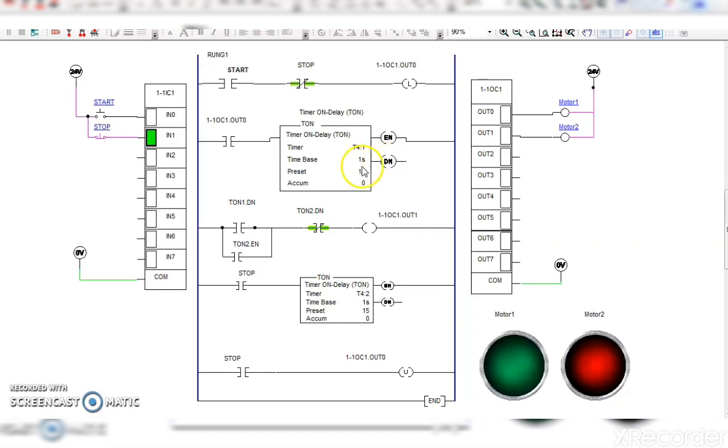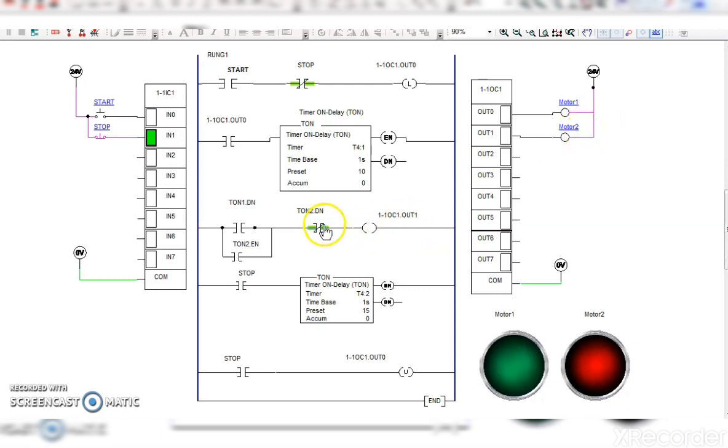Okay, then same done bit of this timer TON1 done bit is used as normally open switch here. Then done bit of timer 2, which is nothing but this one, timer 2 T4:2, it is connected to out 1, which is nothing but motor 2.